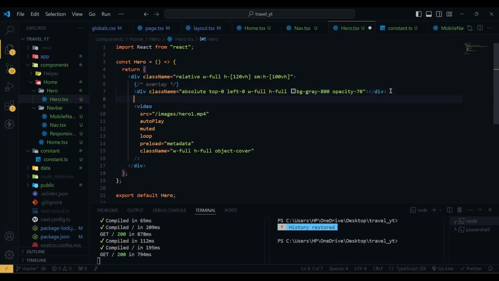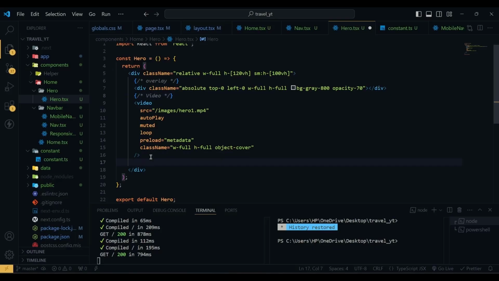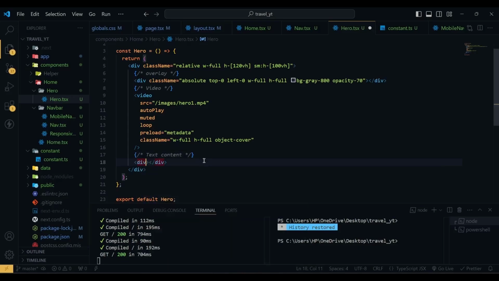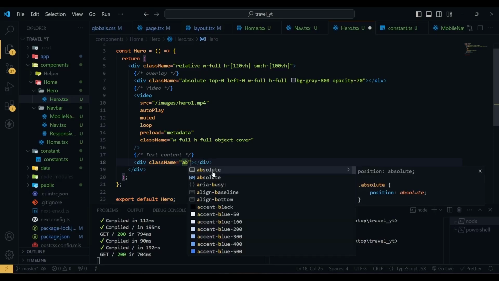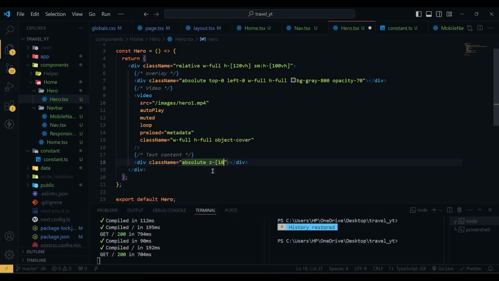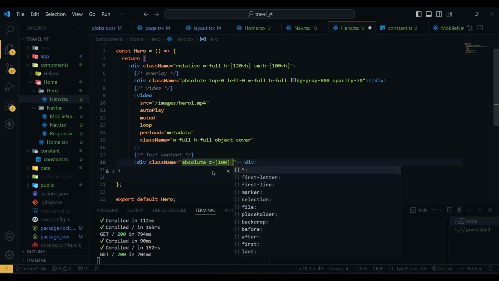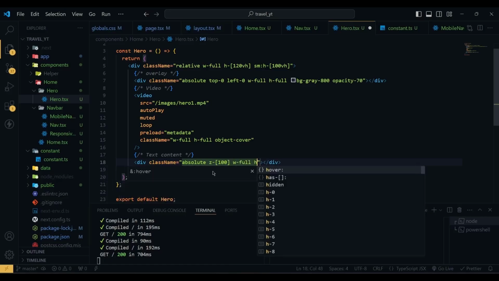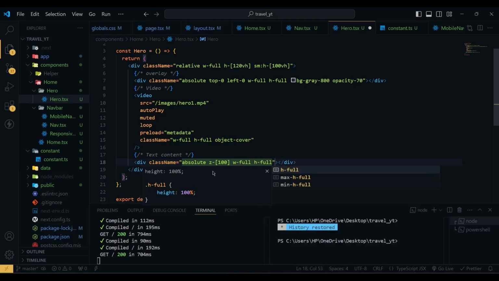After the overlay we have the video, and after the video we have the text content, and here we have a div with class name of absolute, then we have z of 100, width will be full, height will be full,